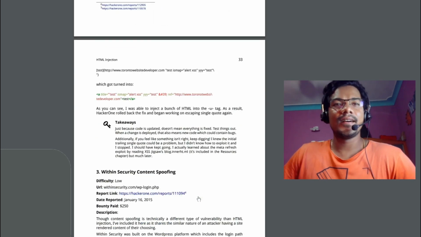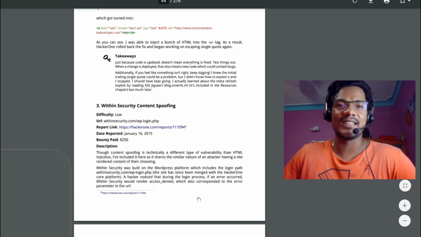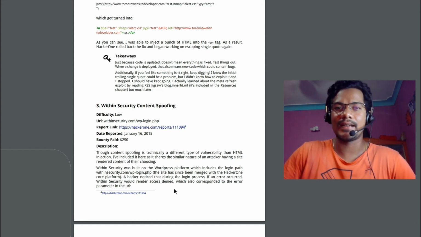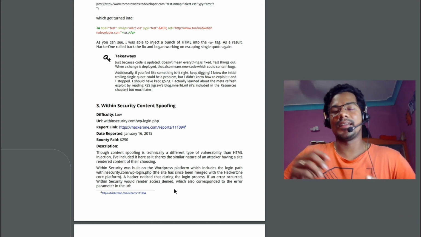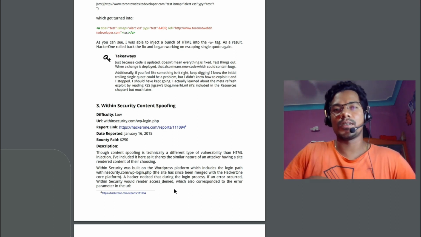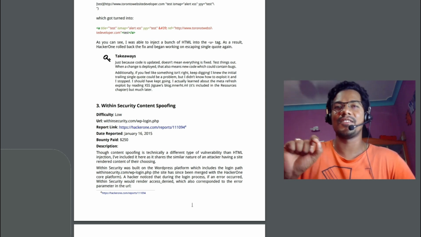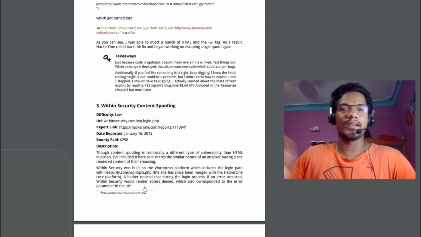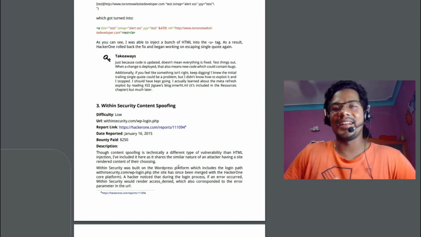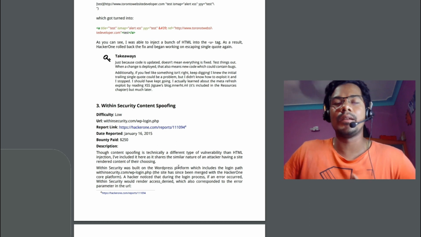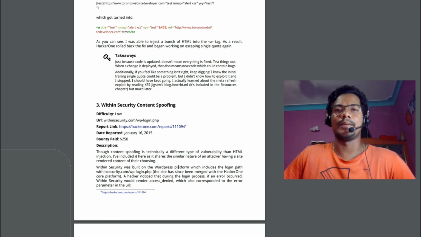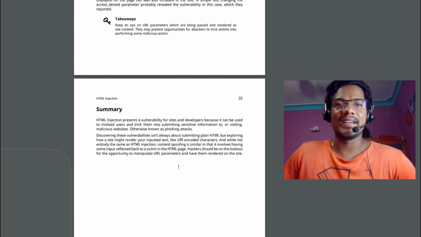Now going further, the same web content spoofing. Content spoofing happens when you cannot run the HTML tag, but you can write whatever text. Let's say most sites have an error page that says 404, you are not allowed to view this. But instead, you can write 404, please go to this particular website, I have something really interesting for you. That way somebody will get redirected to that domain. That becomes your content spoofing if you are not able to run some HTML code or even your XSS script.